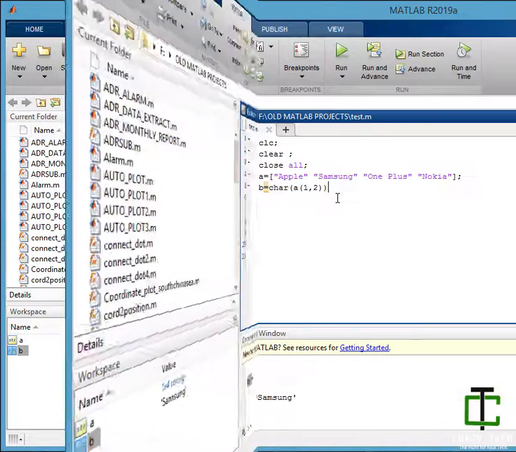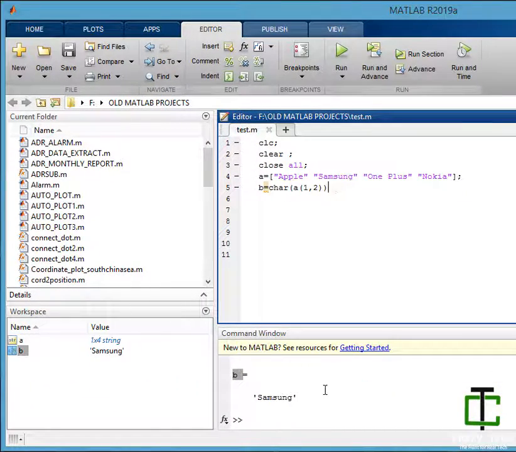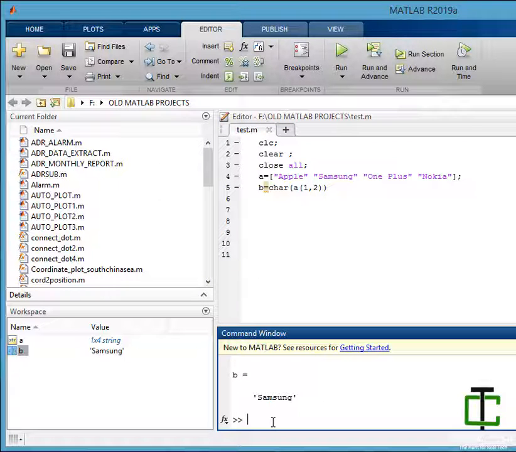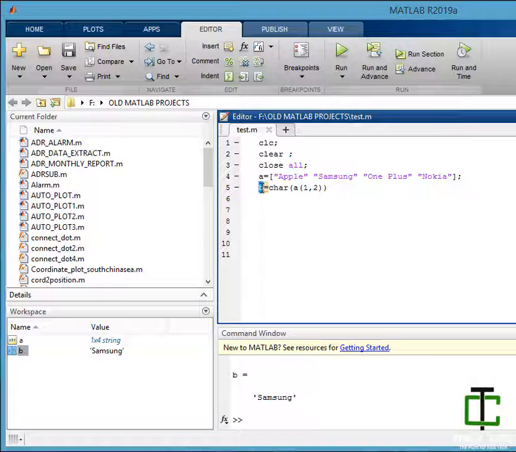Now I can access this bunch of characters in the same fashion as I have shown you here for accessing strings. Let's say B contains Samsung.